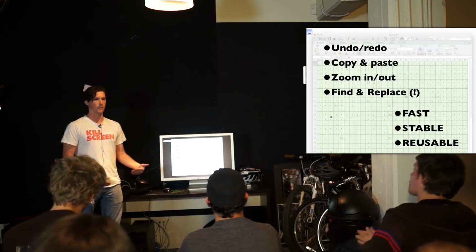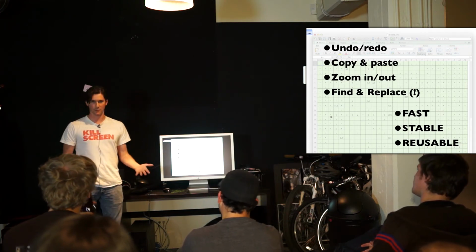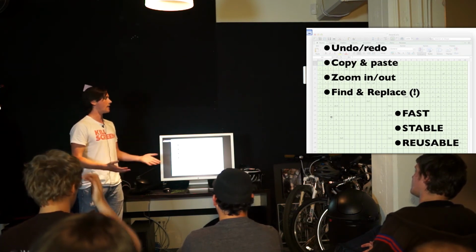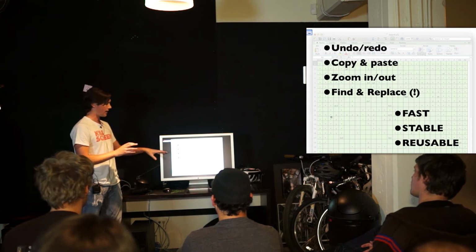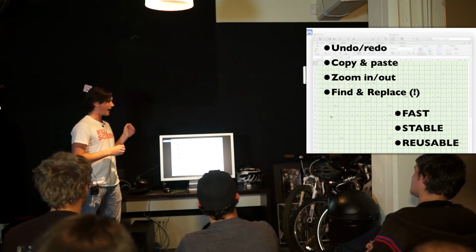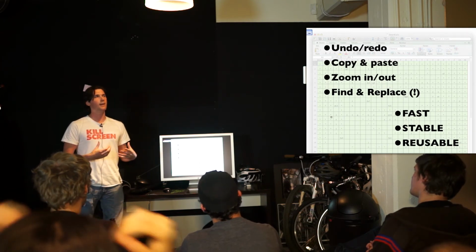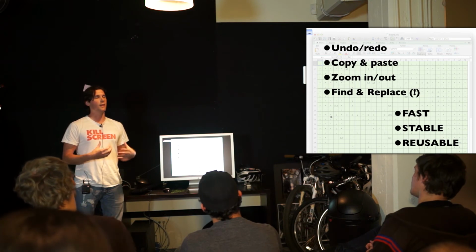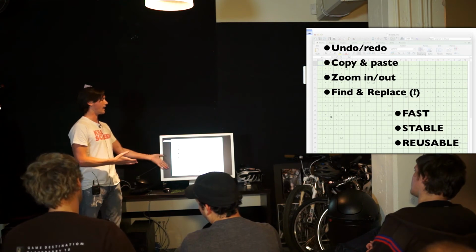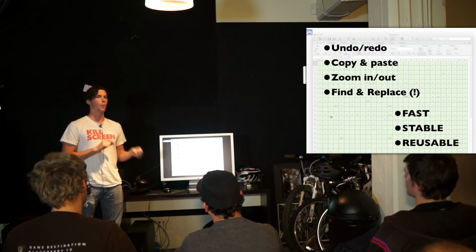that I spent making my custom 2D editor, because Excel has a whole bunch of features built into it that are useful for essentially any sort of structured editing. It has undo redo, it has copy and paste, and it has also some surprising features that are surprisingly useful for 2D game development, like find and replace, which I have used a number of times to count the number of a specific type of entity in a scene, or